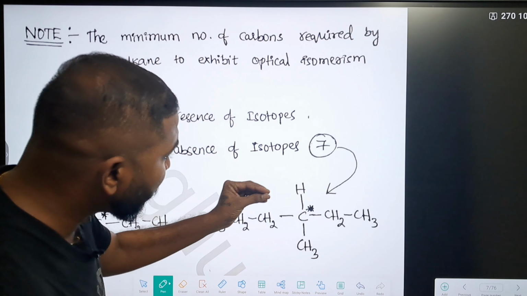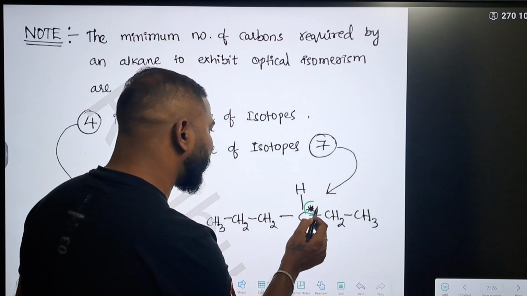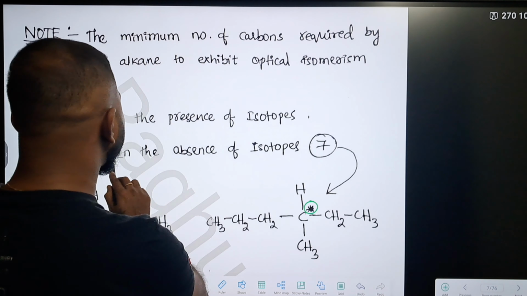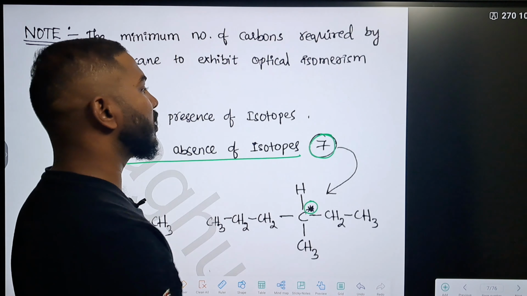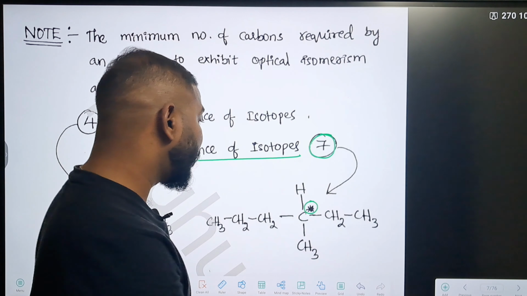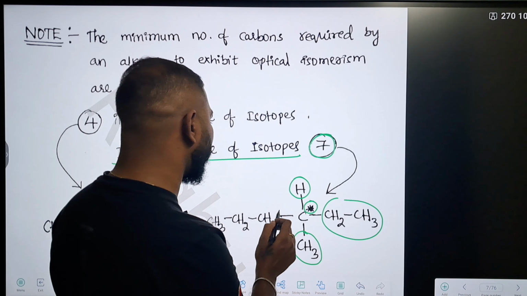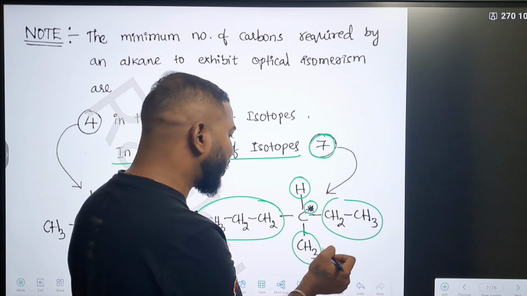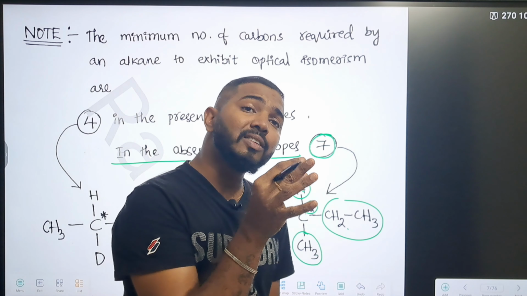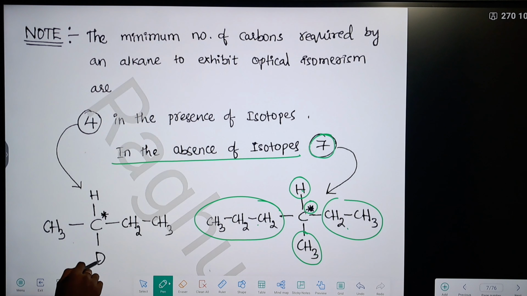So we need to have a chiral center, right? Here we are going to get a chiral center only if we take 7 carbons. So in the absence of isotopes, 7 carbons are the minimum required to have an optical isomer. So we need to have a chiral center, so 4 groups must be different. Yes, these are the 4 groups: methyl, ethyl, propyl and then hydrogen. But if we consider the isotopes of hydrogen,